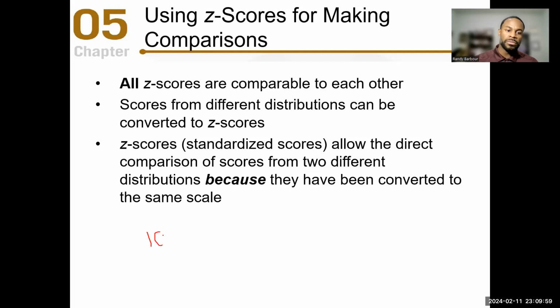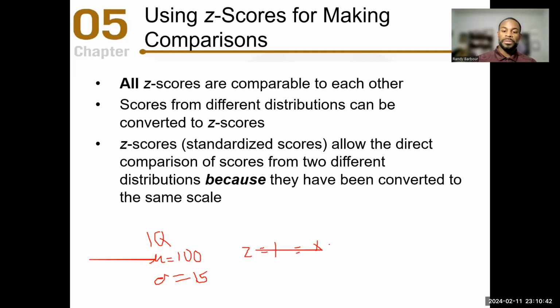So if I know IQ has a mean of 100 and a standard deviation of 15, I know that when I turn it into a Z-score, again with a mean of 0 and a standard deviation of 1, if I score a 115 on an IQ test, then I'm going to lie 1 standard deviation above the mean. Because 1 standard deviation above the mean, Z equals 1,